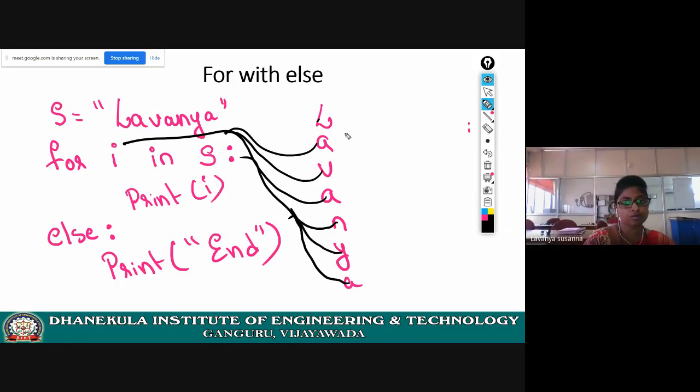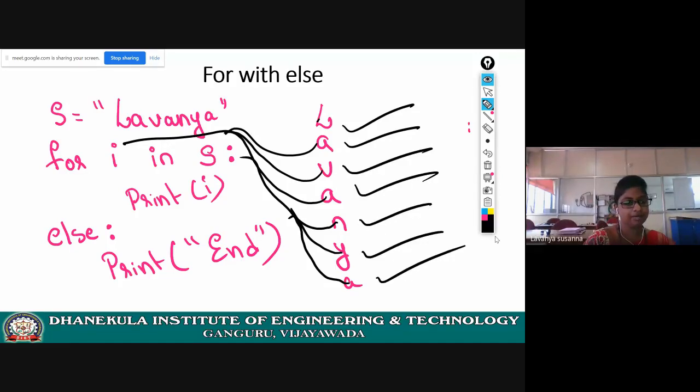There are no more characters, right? L completed, A completed, V completed, A completed, N completed, Y completed, A completed. So control comes out of the for loop, and at that time else will be executed.